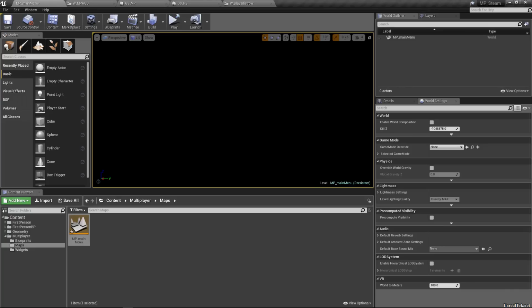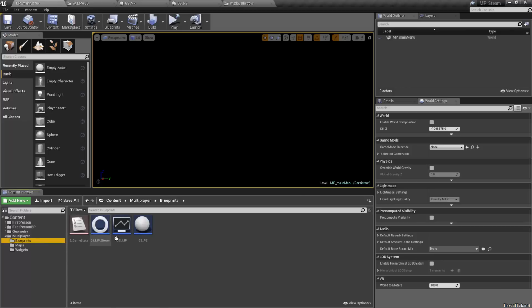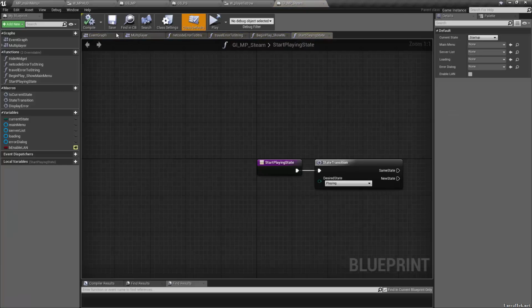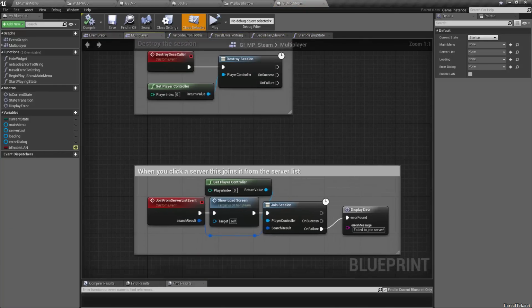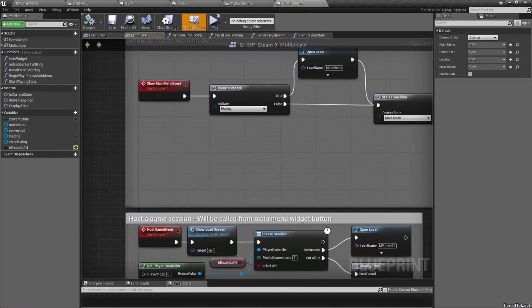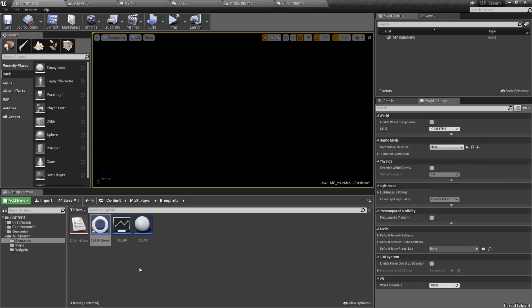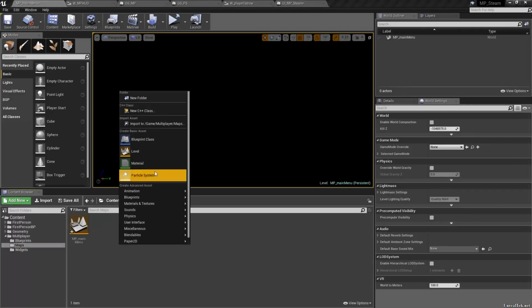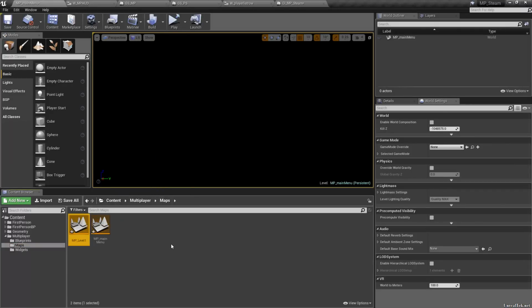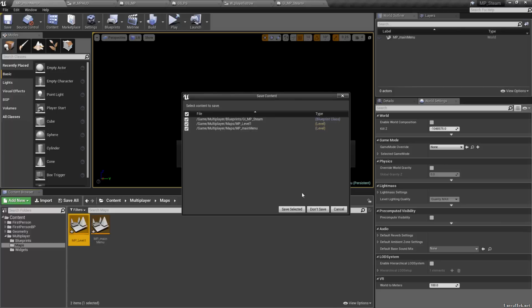So after we leave the main menu and go into our other level, what did we call it now? So I need to go back into the game instance. I forgot what I called it. It was MP level 1. Remember with the listen. So we need a map. Create a new map called MP level 1. So we'll open that, save everything,